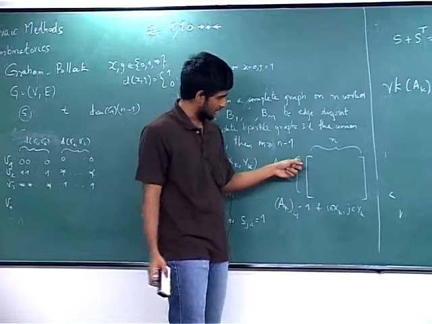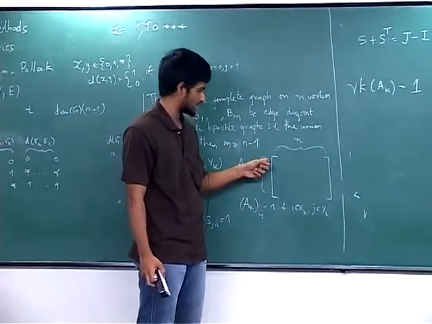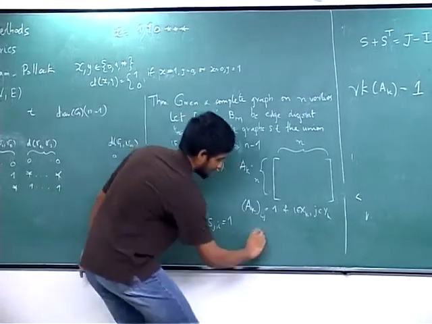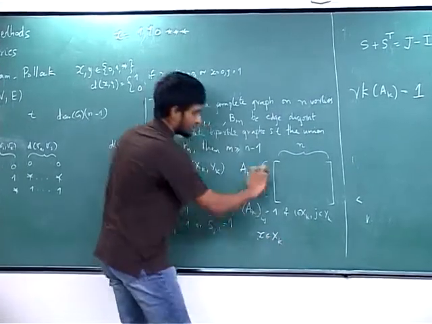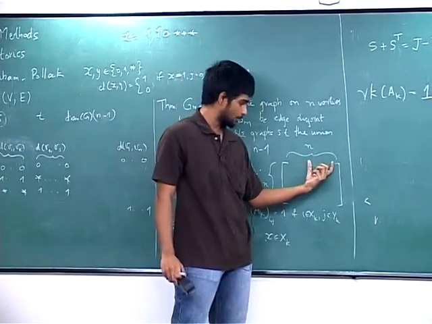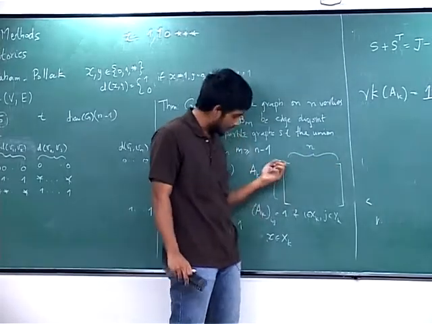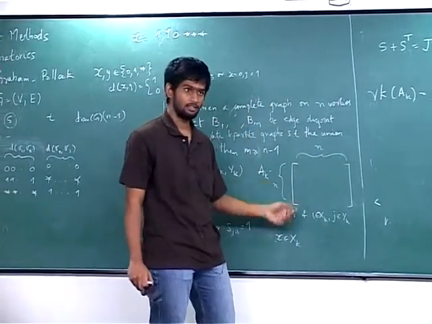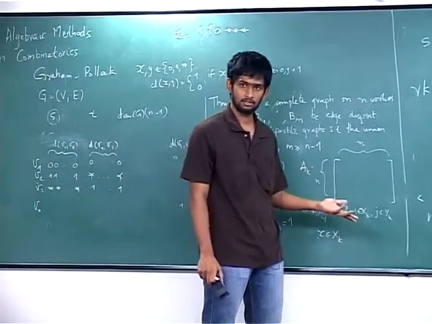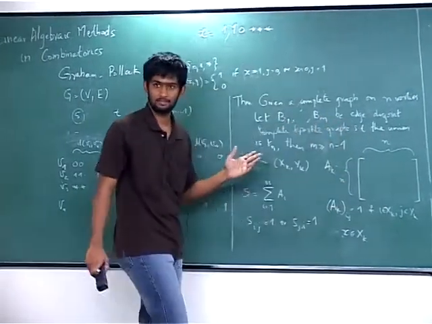Look at a particular x in xk, look at the row corresponding to it. For all the values corresponding to all the vertices in yk, there is a 1, and everywhere else there is a 0. And this happens for each vertex in xk, isn't it? So it's the same row that is going to come for all vertices here, and the rest are all zeros, right? Because it's a complete bipartite graph.